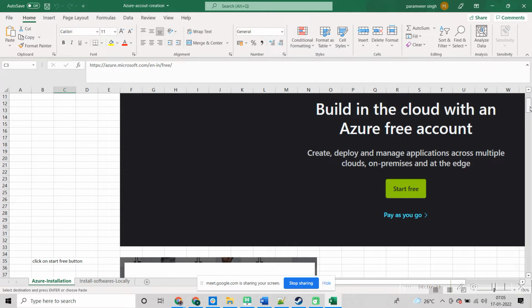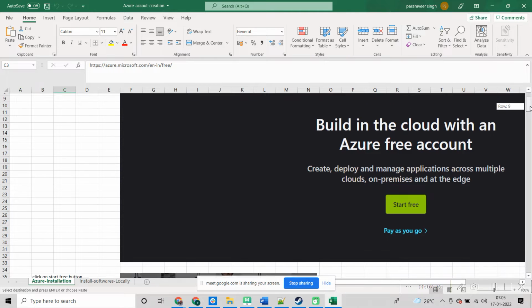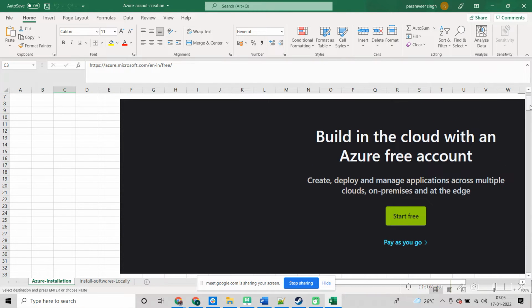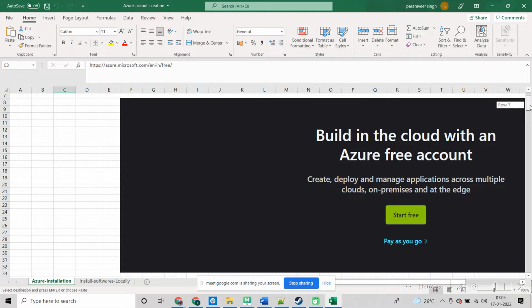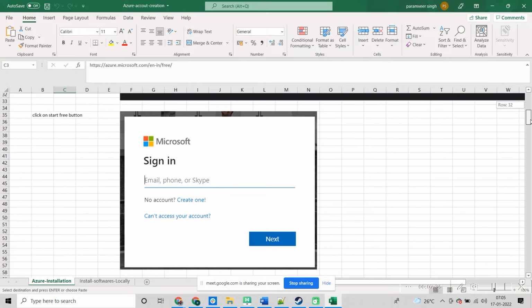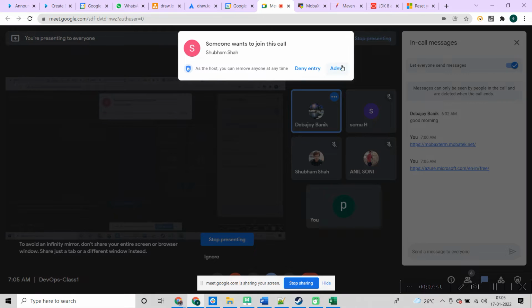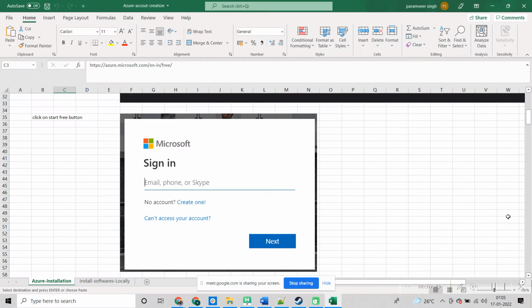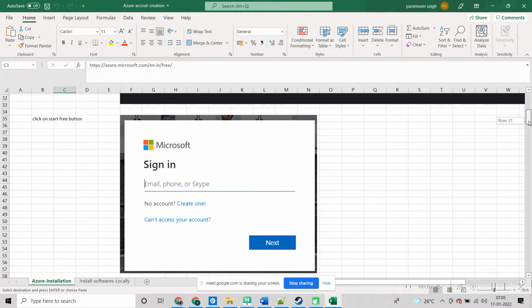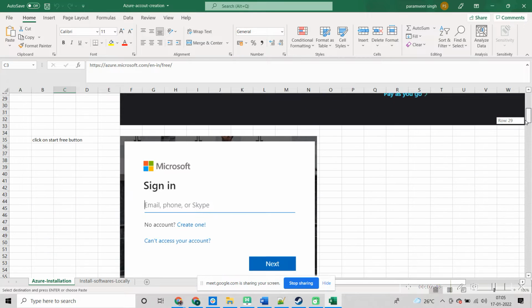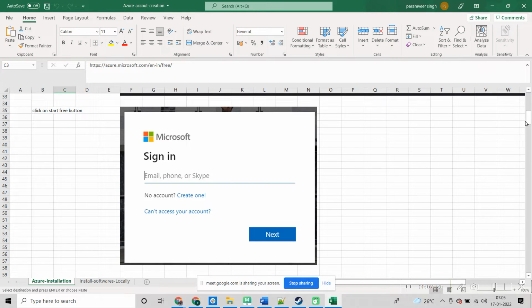Okay, so then go through start free. You will get a screen and it will say start free. Once you click on start free, and then you need to input your ID, sign in with any of your Microsoft ID.